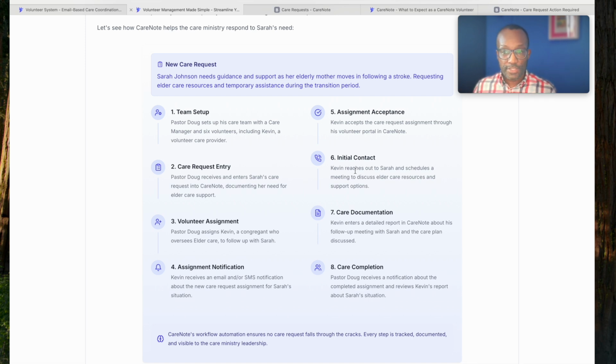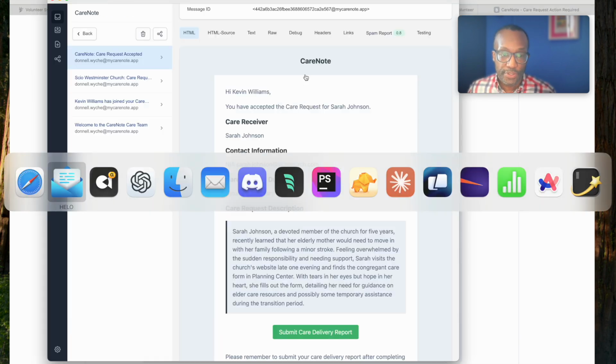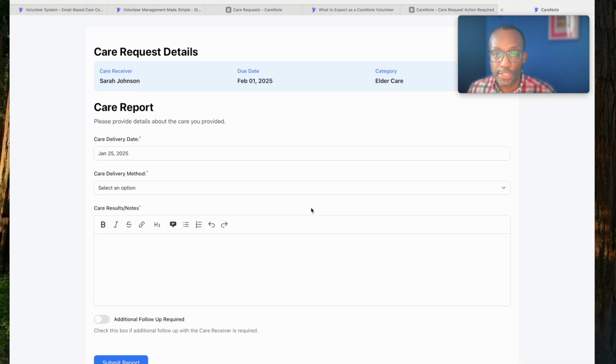So Kevin calls Sarah in the background, talks to her about elder care, listens to the needs that she has, and schedules another meeting with her or some additional follow-up. Now Kevin's ready to report back to you what happened with their care. So here, if we come back to Kevin's email and we click on Submit Care Delivery Report,